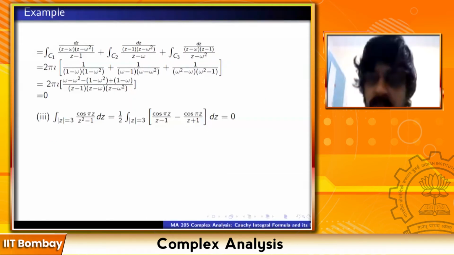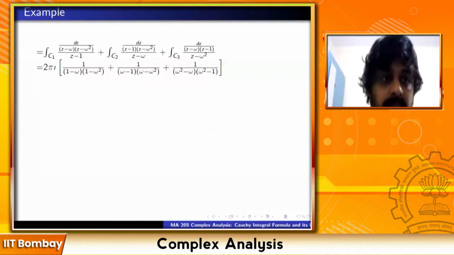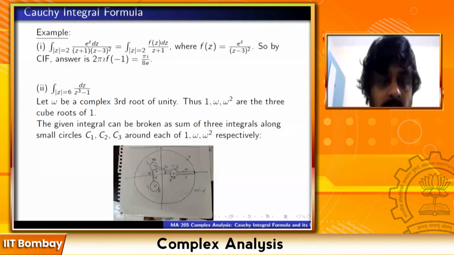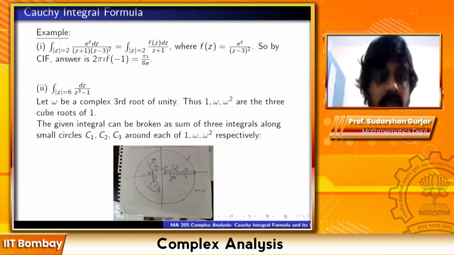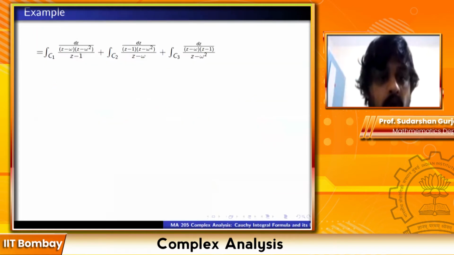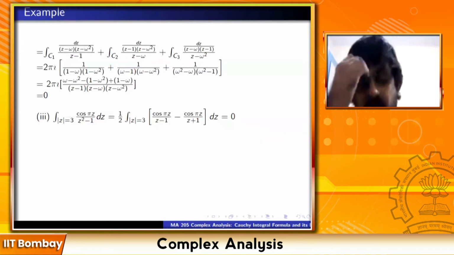Any doubts? Over a closed contour, integrals will only arise because of the poles. Non-zero integrals will arise only because of the poles, right? That's what you meant? Yes, that's what I meant. But my point of this example is it's only a one-way implication. If the integral is non-zero, it's because there are poles, that is Cauchy's theorem. But just because there are poles doesn't mean the integral is non-zero. See, z cube minus 1 also has 3 poles in the contour, but the integral has turned out to be 0.